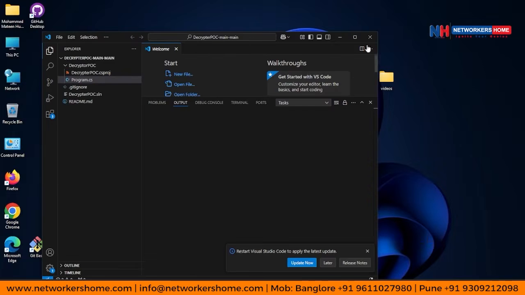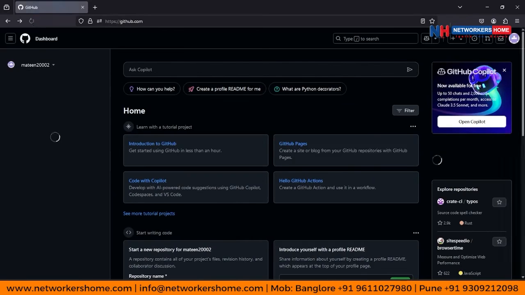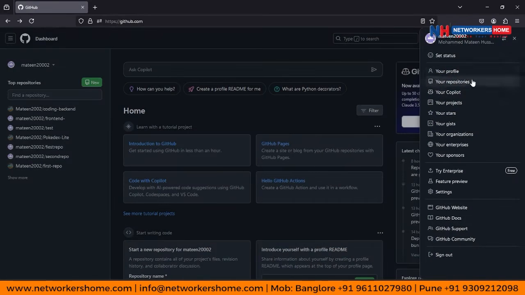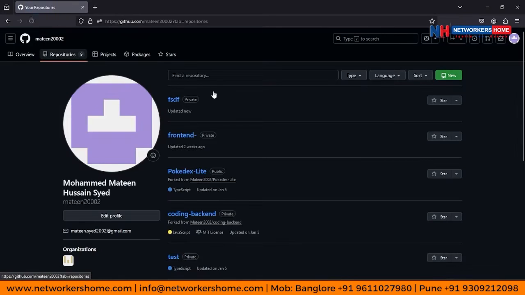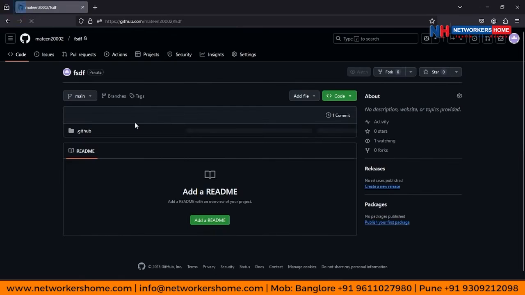Here you can see the code has been pushed into our repository, that is our dashboard. Your repository is fsdc. Here the GitHub Actions file has been created. Here, if you come to Actions,